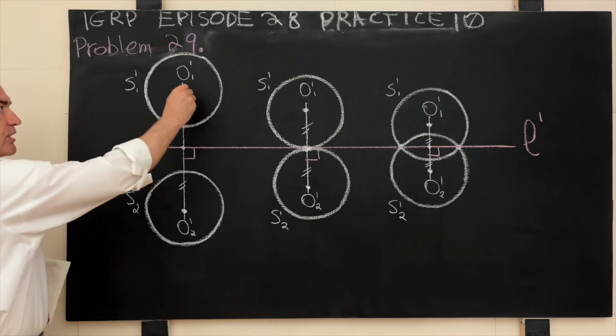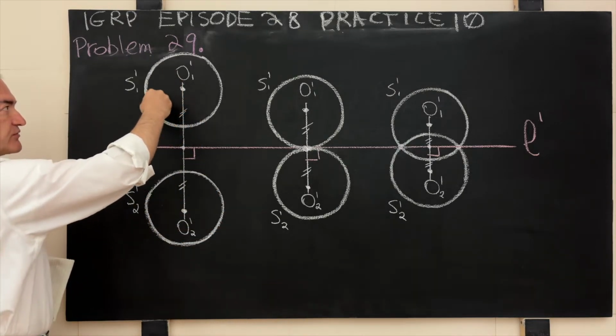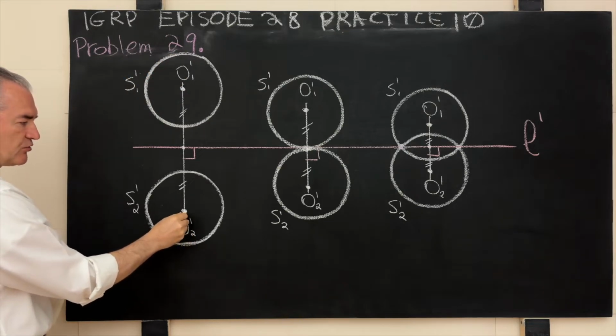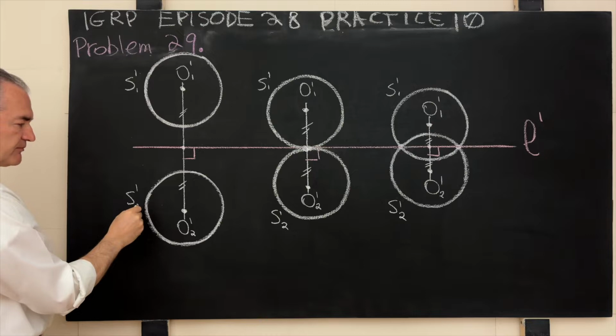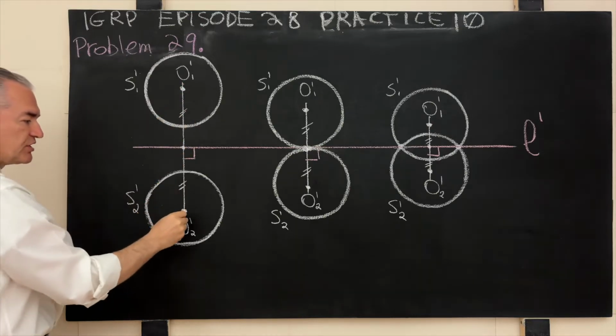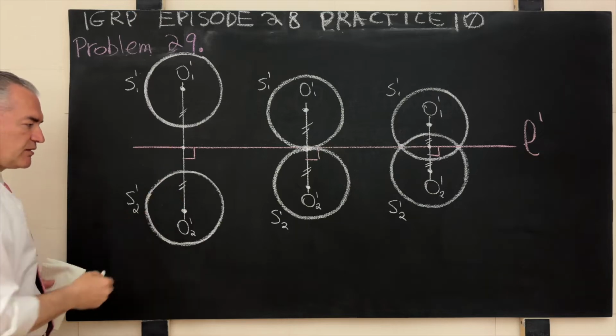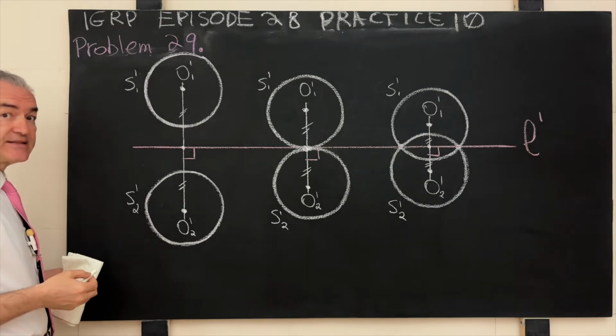Let's say O'1 is the center of the reflected circle S'1, O'2 is the center of the reflected circle S'2. These 2 points are distinct. They define a unique straight line that passes through them. They define the unique line segment